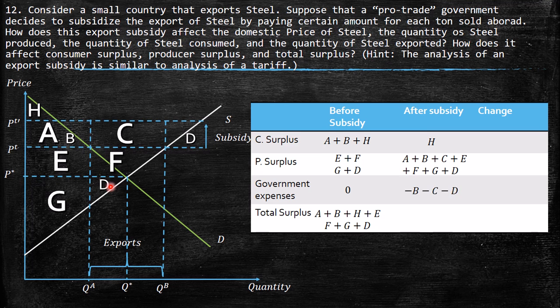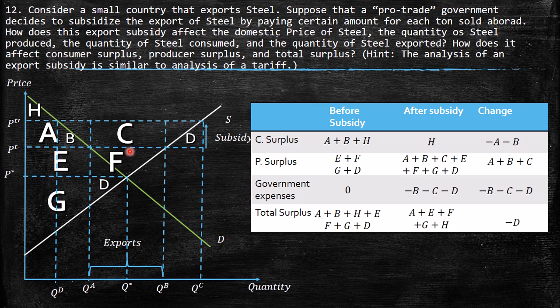Okay, and the government expenses is going to be just C. It's not B and D. It's just C. So the change for the consumers is zero, because they just have to pay PT again. The producers will receive C, not A plus B. It's just C, which is received for the exports, and the government expenses are going to be C. So the total surplus